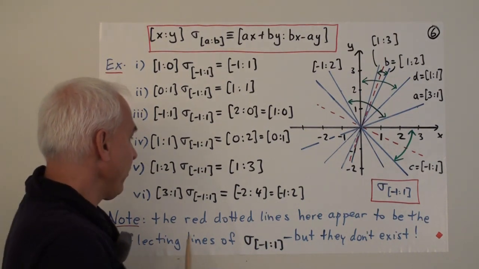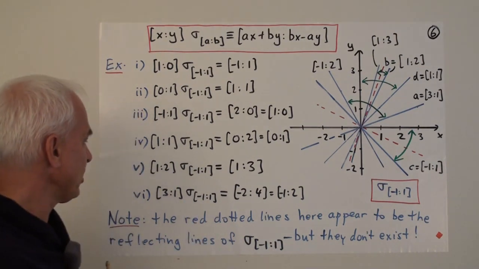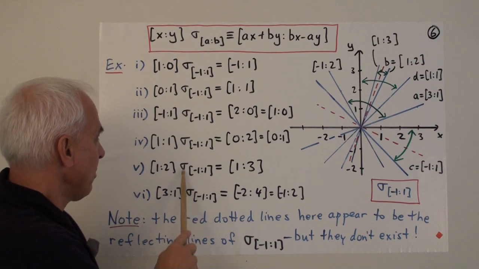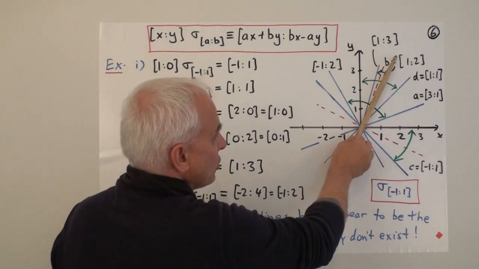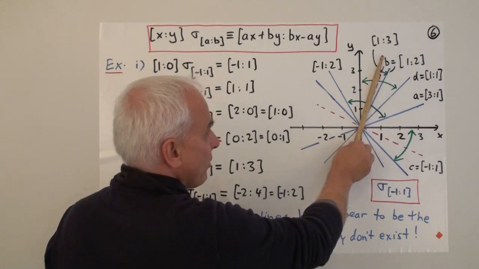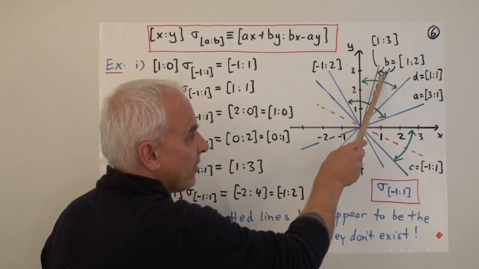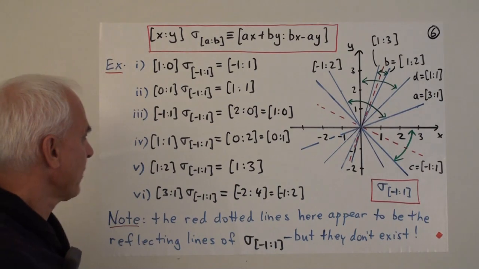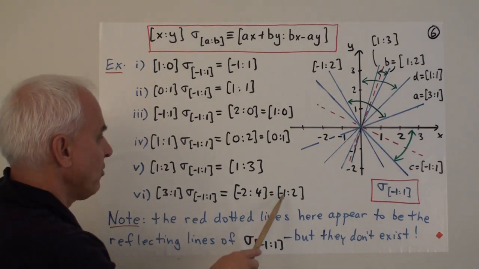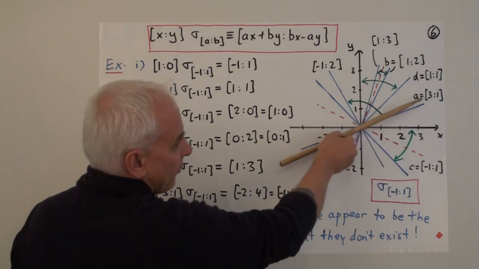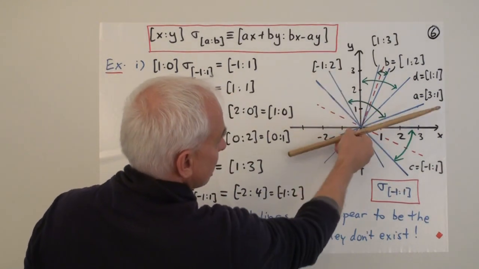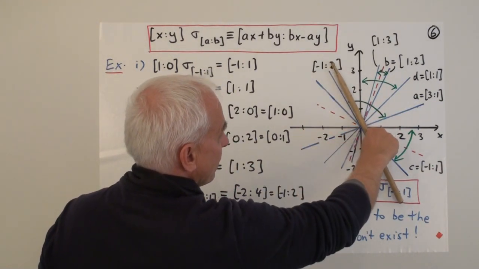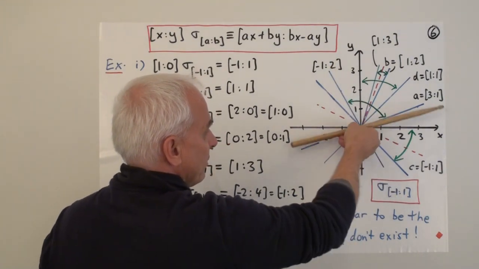Let's look at some other examples, and I'll leave you to check my computations. That 1, 2 multiplied by sigma gives us 1, 3. So 1, 2 is sent to 1, 3. It's just a small movement. 3, 1 is sent to minus 1, 2, which is this one here. Or you could also go this way. It doesn't really matter which way we think about the movement.